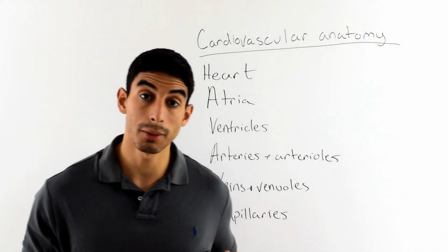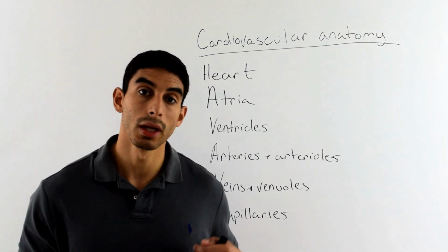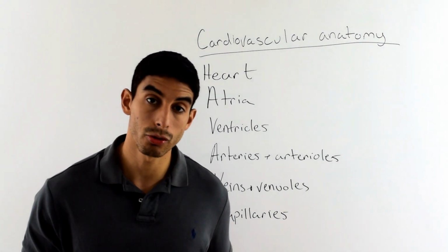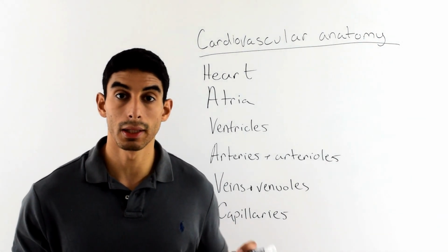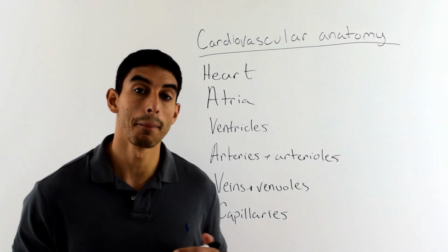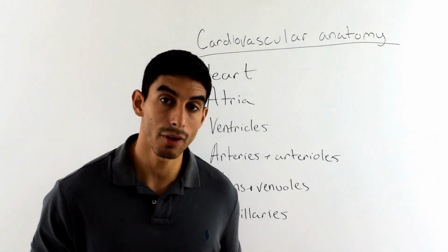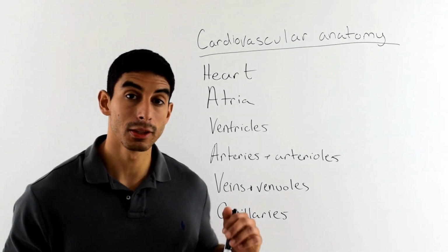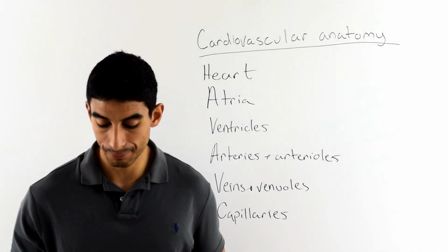Blood enters into the left chamber of the heart now, the left side of the heart, into the atrium, because it always enters to the atrium. So it enters the left atrium, and it gets pushed from the left atrium to the left ventricle via the mitral or atrioventricular valve. And then it goes from the left ventricle, and it gets pushed out towards the body,